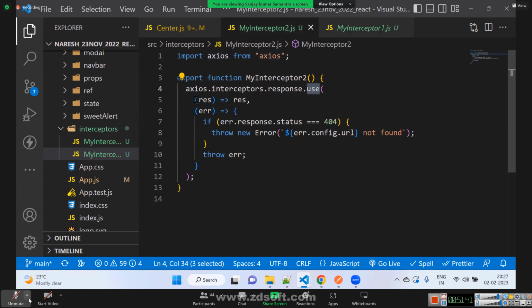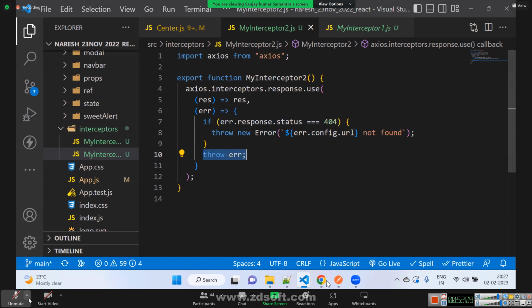If it is a response, return the response. Don't do anything. If it is an error, then if error.response.status is 404, throw this error. If it is something else, throw that error.